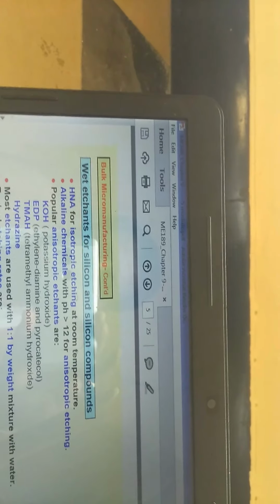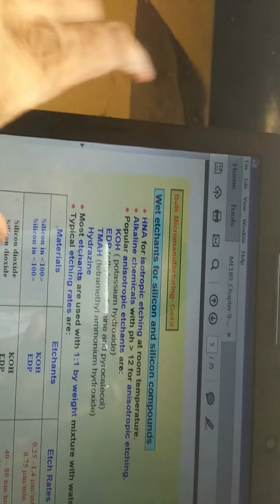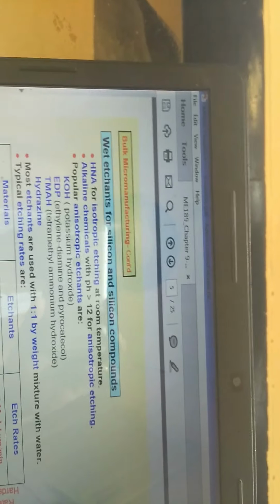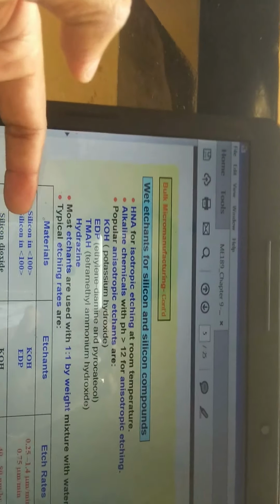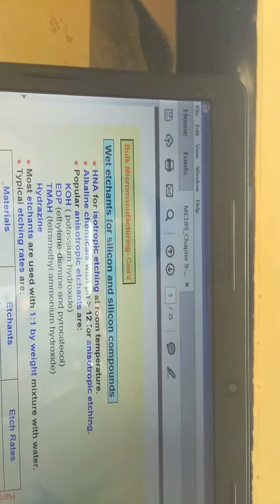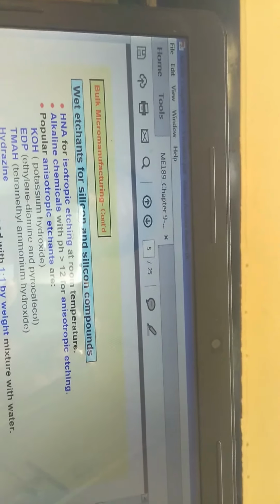There are a number of etchants that can be used for different substrate materials. Among these there are so many types of components that can be used. There will be a respective material and different types of etchants. The chemicals they have been using are explained in the table. As I told, there are different types of ingredients that can be used with the different etchants, and different etchants can be used for the respective substrate materials.